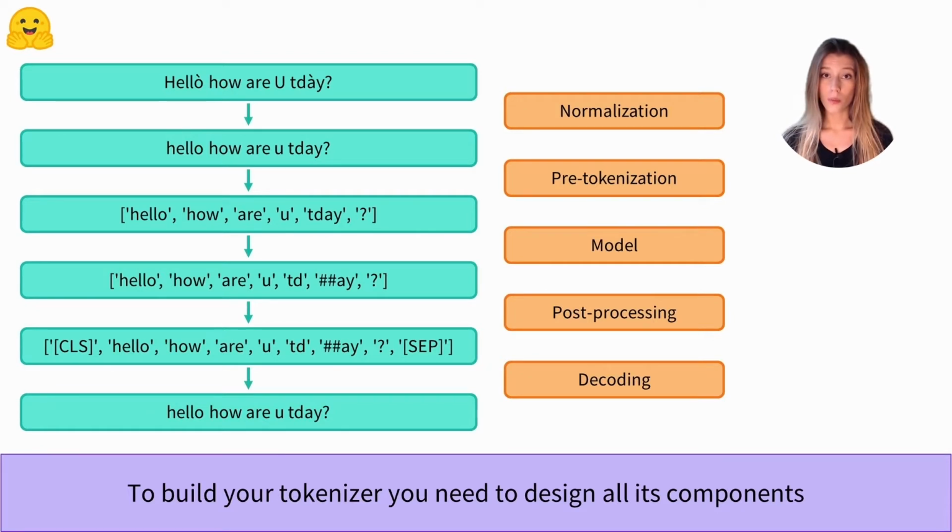If you don't know what normalization, pre-tokenization, and the model are, I advise you to go and see the video linked below. The post-processing gathers all the modifications that we will carry out on the tokenized text. It can include the addition of special tokens, the creation of an attention mask, but also the generation of a list of token IDs. The decoding operations occur at the very end, and it will allow passing from a sequence of IDs to a sentence. For example, you can see that the hashtags have been removed and the tokens composing the word today have been grouped together.